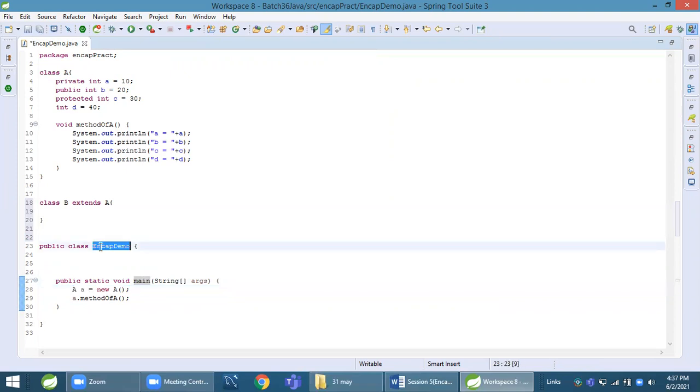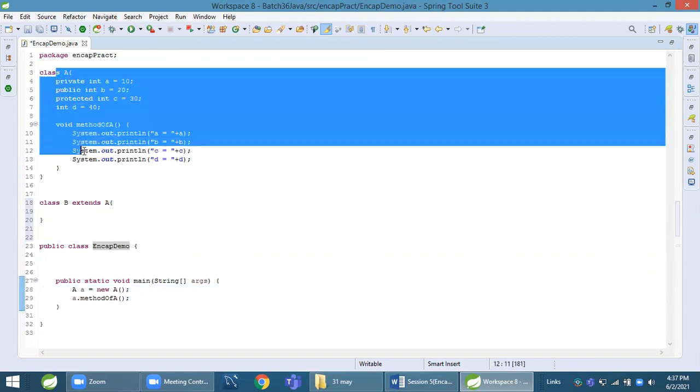If I say Encap demo E equal to new Encap demo, and I call that method, then we can say that we are accessing in Encap demo, not A. But if I am creating an object of A, then I am accessing within the same class.